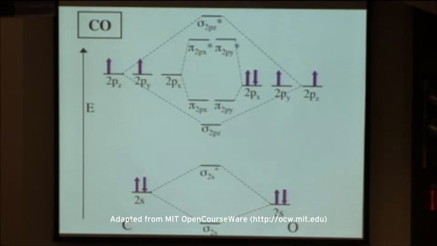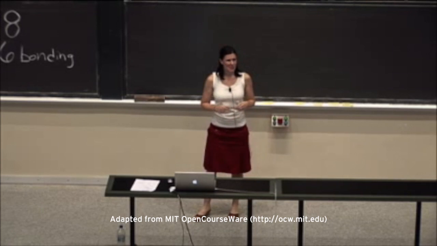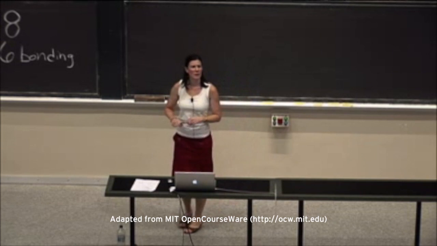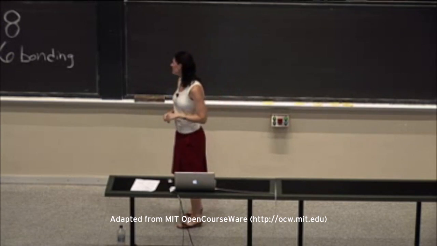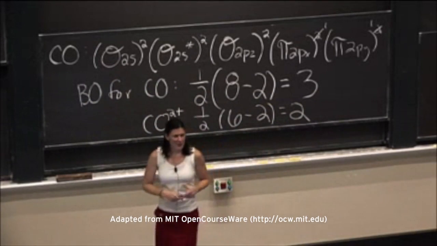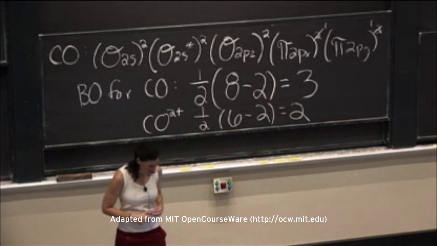In contrast, if we have destructive interference, what we're going to form is a sigma 2s star. And what does the star designate? Antibonding, yep. So it's an antibonding orbital. It's going to be higher in energy than the individual atomic orbitals. All right, great. So I think we have these molecular orbital energies down. So let's